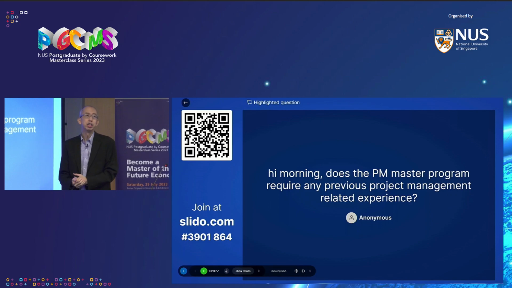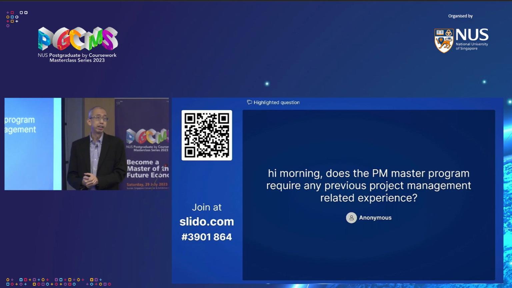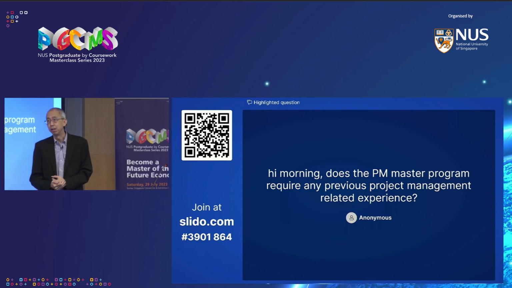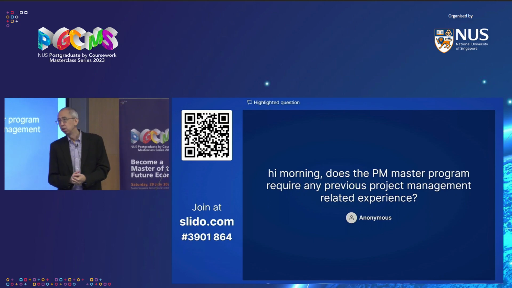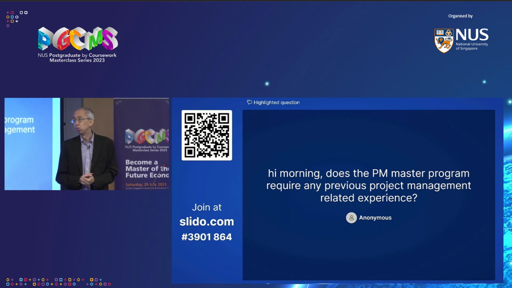During the interview, we'll also be asking where they see themselves, like how is this going to help them in their career? And obviously, if there's a drive and motivation for them to do project management, we definitely welcome them. Ideally, you should have some project management experience, but we are willing to be open about it if the person brings other things to the table as well. So just apply, and then we will take a look.